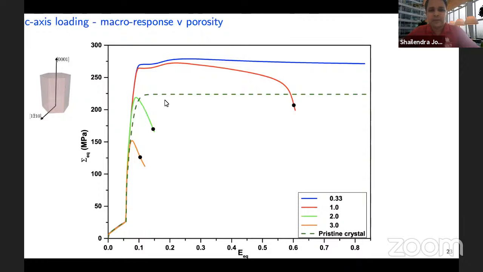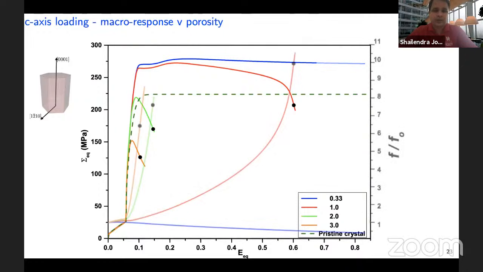And that surge is seen even in the pristine crystal. But what is quite interesting is that in the voided crystal, you start seeing a much higher macroscopic stress elevation. So the voided crystal is stronger than the pristine crystal, which is quite intriguing. And that is true both in the uniaxial case, but also at moderately high levels of triaxiality of about 1 or so. And only when the stress triaxiality gets to much higher values of 2 and 3 do we see a response that is quite diminished relative to the lower levels of triaxiality. And so the question becomes, why is that?